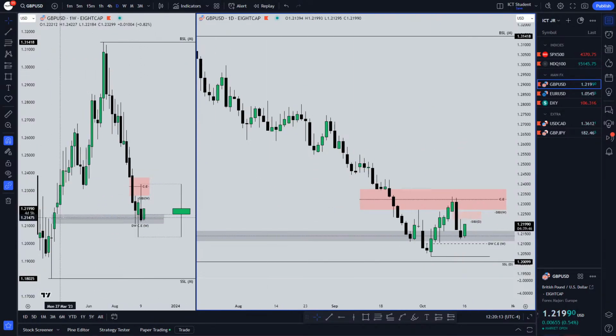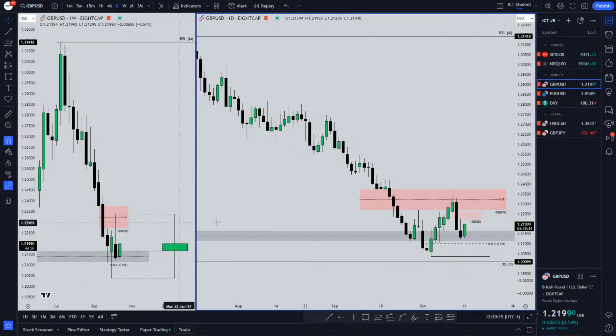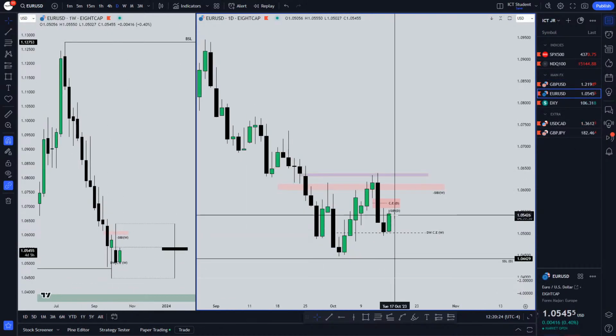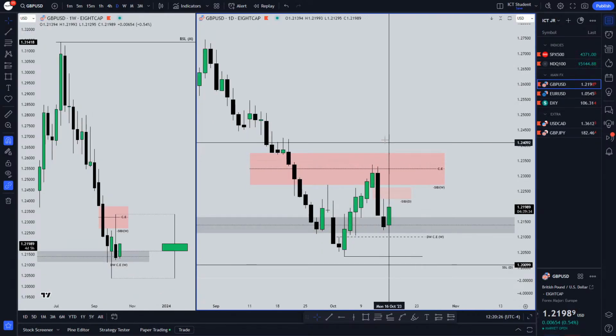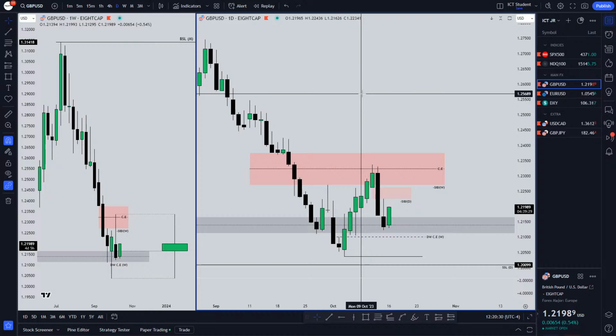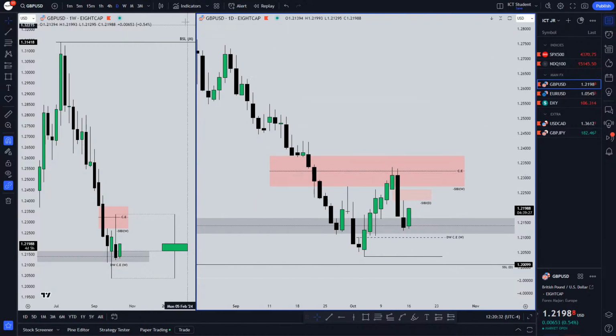So on the weekly time frame, we have a buy side imbalance here. We have the discounted wick, basically this wick halfway, and the consequent encroachment. We never tapped into it, but for Euro, as you can see, we tapped into it. Pretty cool. Just goes to show GU is a lot stronger. And then we created a sell side imbalance on the weekly here. And then we have that sell side.